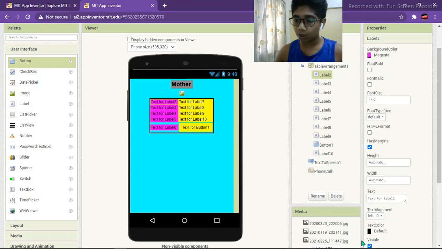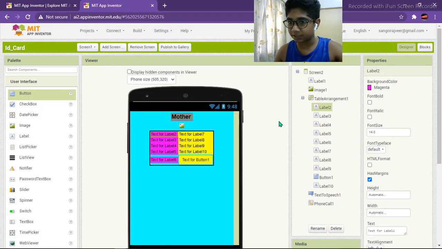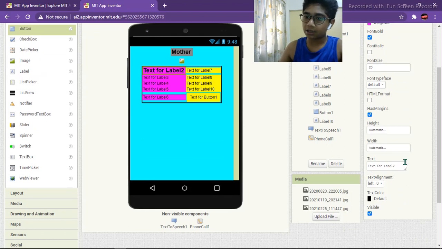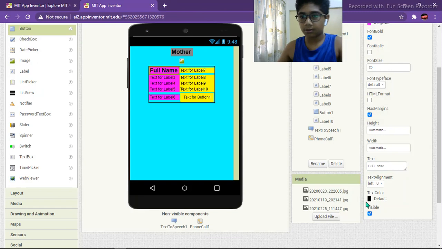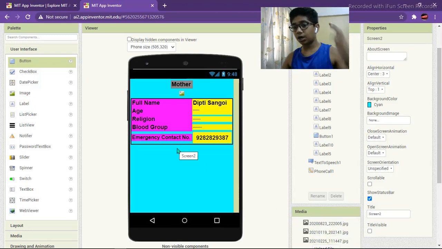So I am filling all the information, and at the last I will show you. So you know how to fill the information. First choosing this and going to the properties and changing it one by one. Like font bold, I am showing you by doing one, and then the rest you can do by yourself. 20 and your full name. So the rest you can do by yourself. So at the end, this is how the whole thing looks for screen 1.